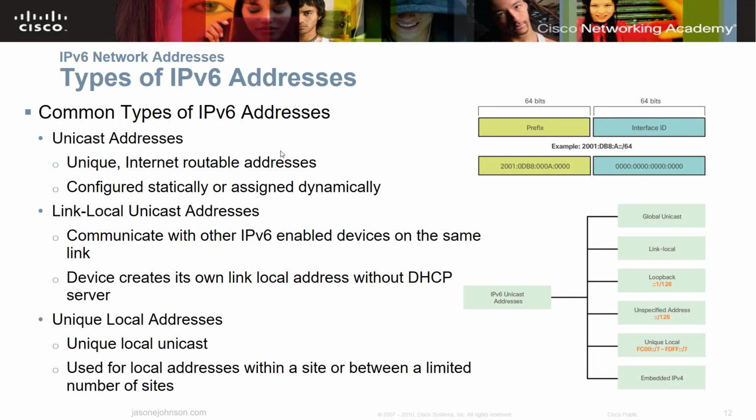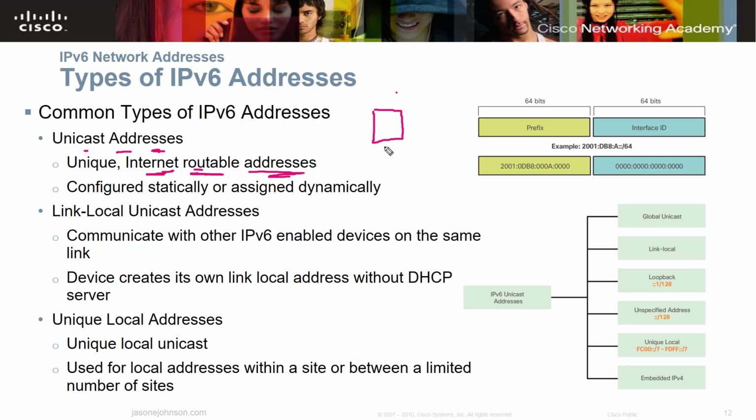Now, common types of V6 addresses. You have your unicast address, which is unique. It's internet routable. And by internet routable, what I mean is, in what you're probably used to now, let's say that I have a computer and I've got 192.168.10.1 on it. Well, that 192 is not routable out to the internet. Well, the unicast addresses, if I've assigned it to an endpoint, it is routable out to the internet. So I don't have to convert that.